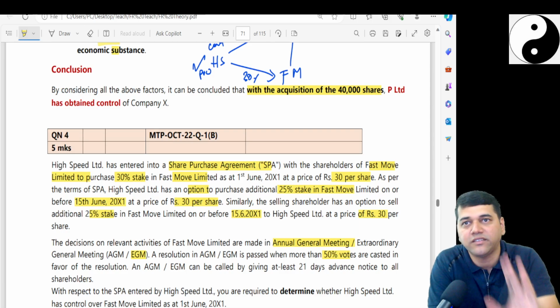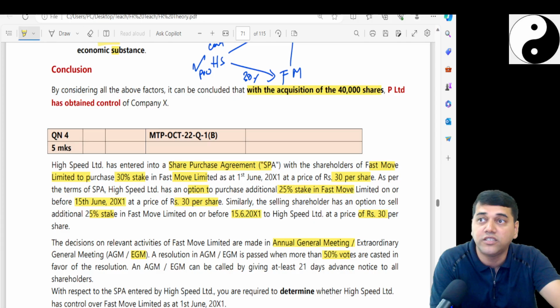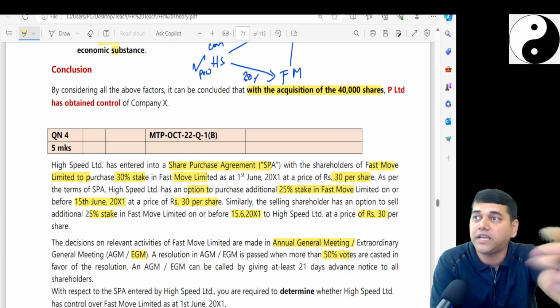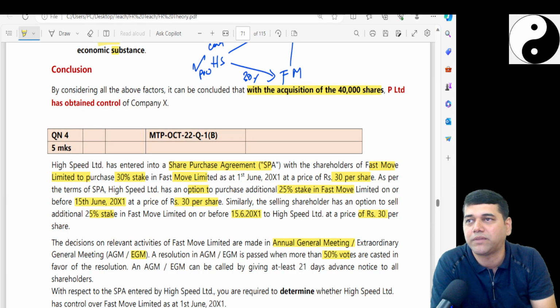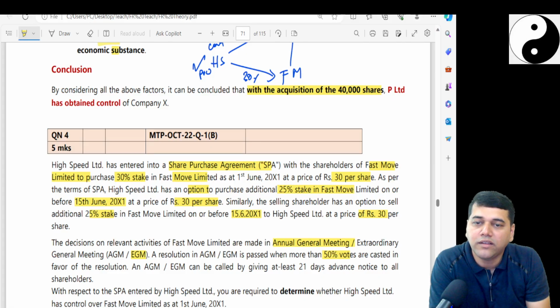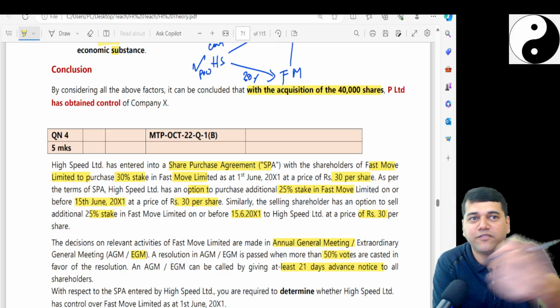Why? Because my stake is 30%. And I need to convene a general meeting or extraordinary general meeting, call for a general meeting and do it. Maybe it's a small company and owners are very few, so the Board of Directors meeting itself is like an AGM. Now, an AGM can be called by giving at least 21 days' advance notice. So if you want to call a meeting, it needs at least 21 days, and within 15 days this option is